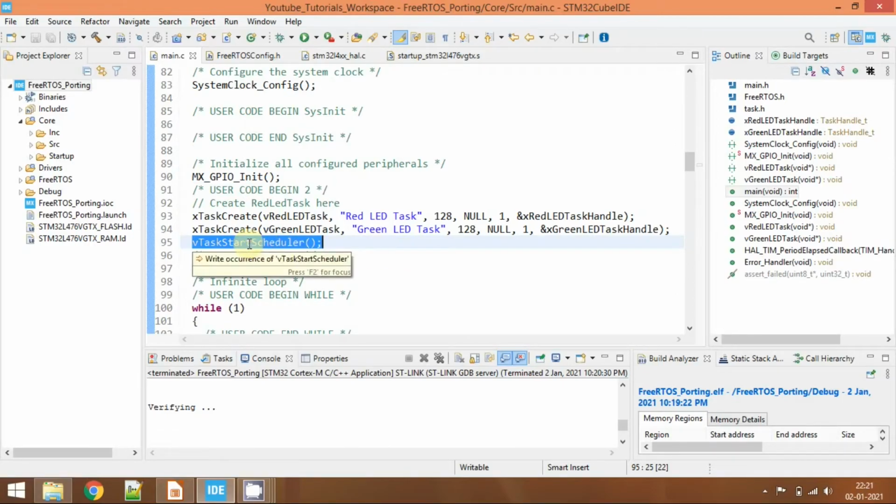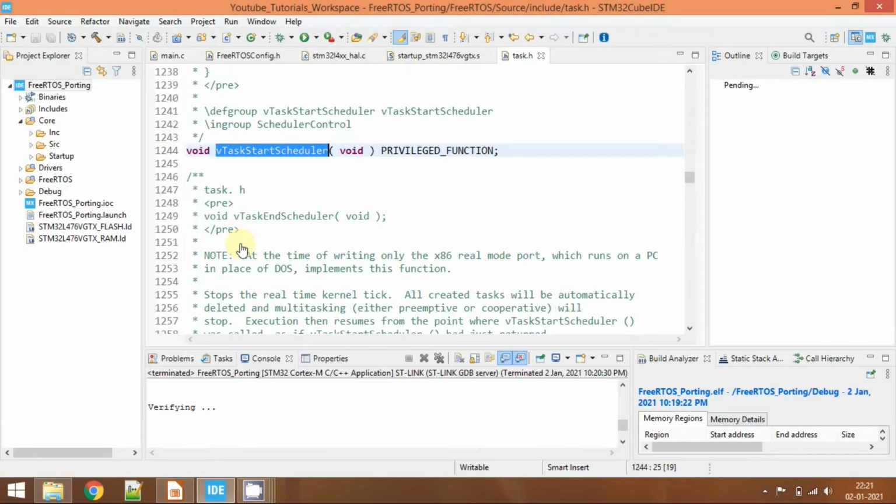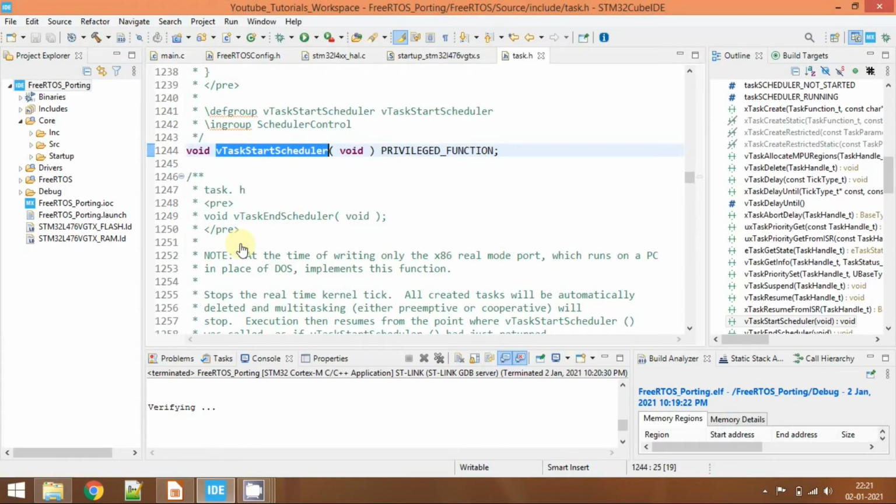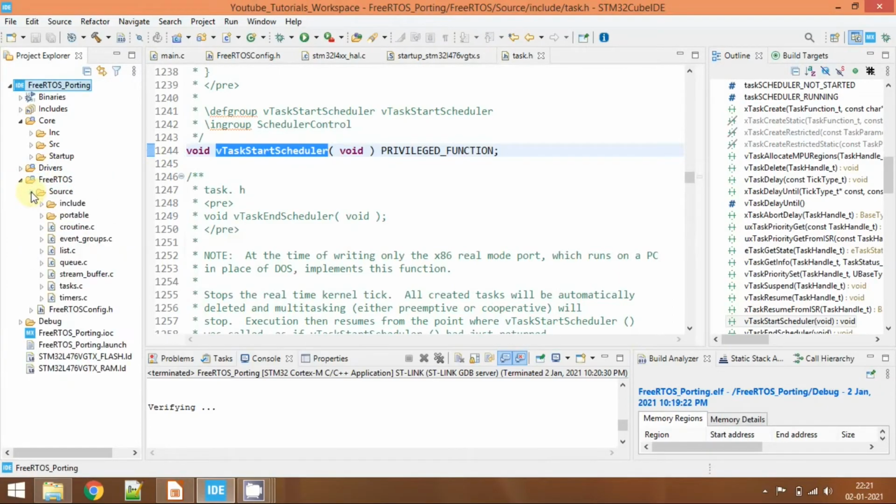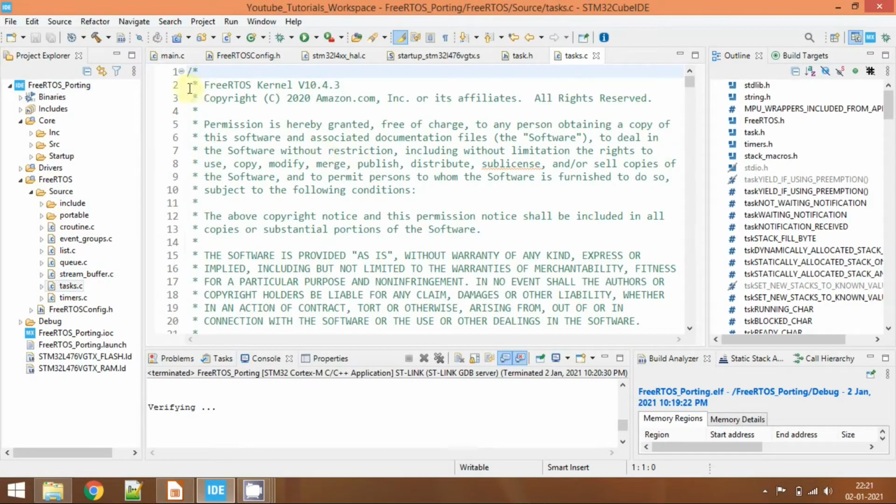Now I am going to check the implementation of this function, and to do that, expand the FreeRTOS source folder and click on tasks.c. Why am I checking the tasks.c file here?